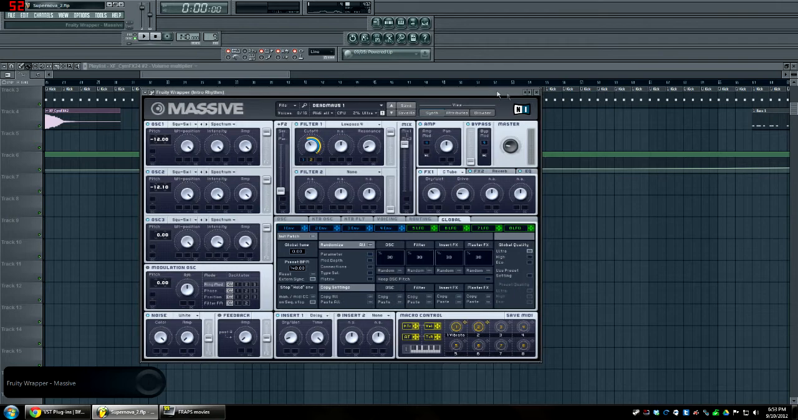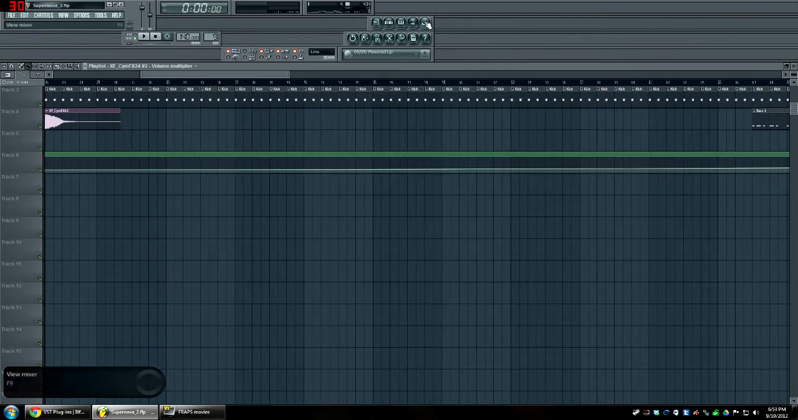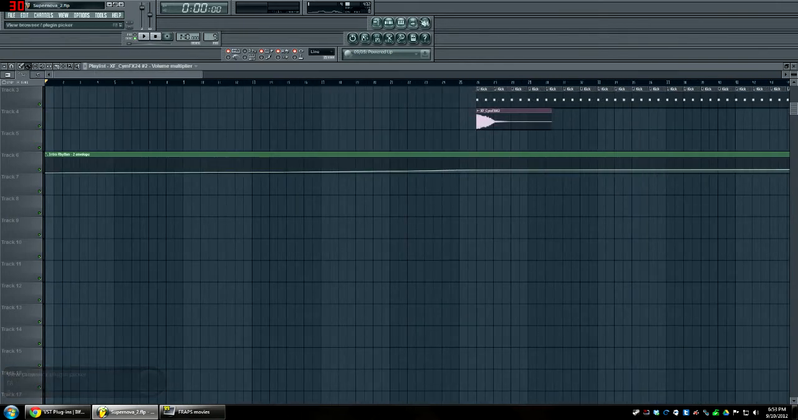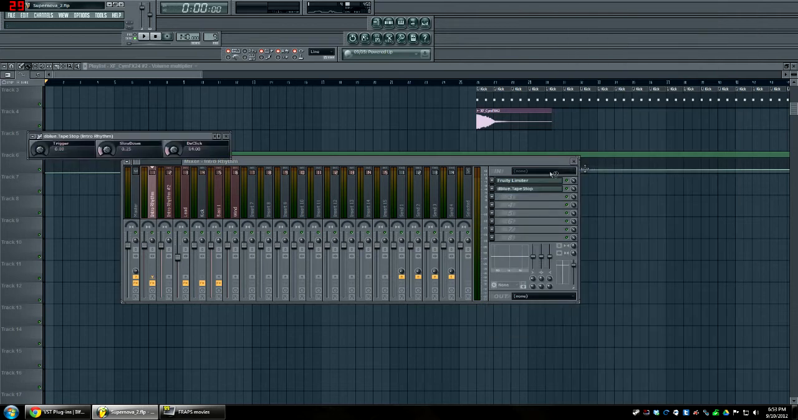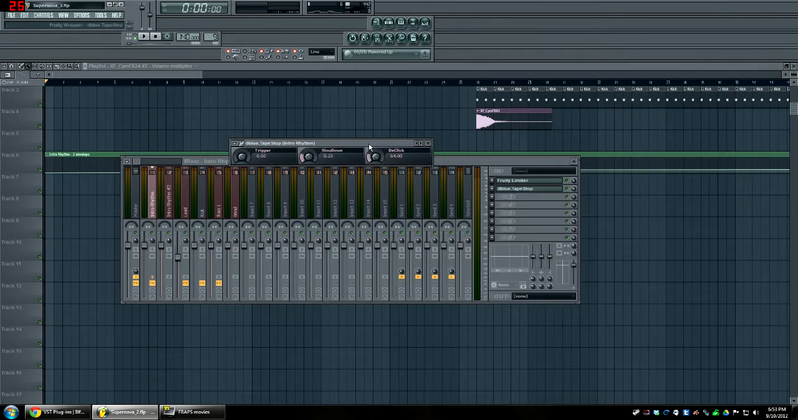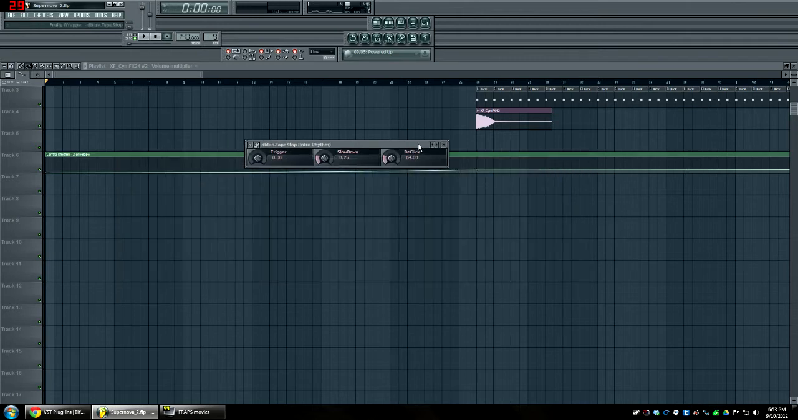and what we're going to do now is we're going to go right back into the mixer, and we're going to add dBlueTapeStop. And this is what you should get. 3 little switches, 3 little knobs here. That's it. Now if you don't have dBlueTapeStop,